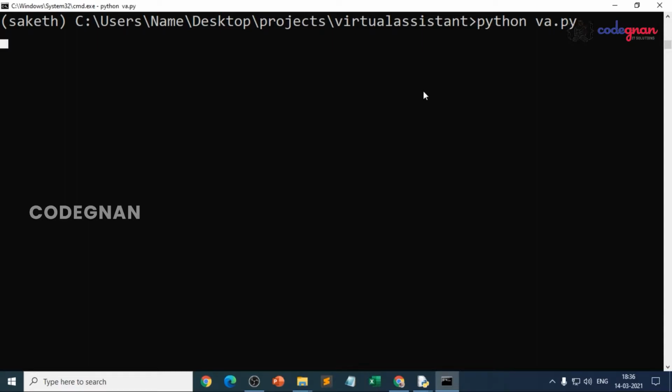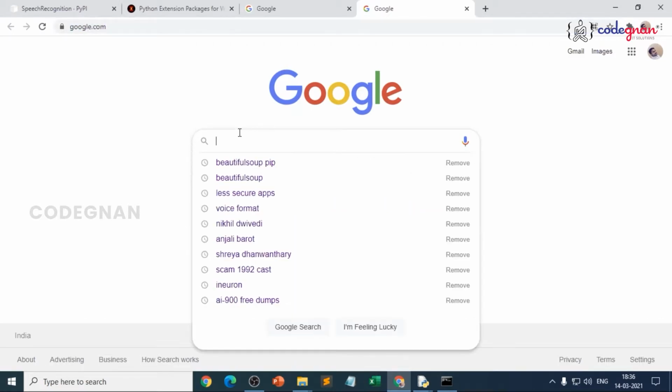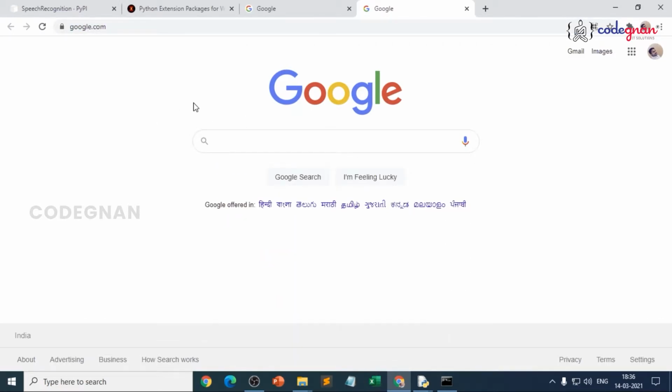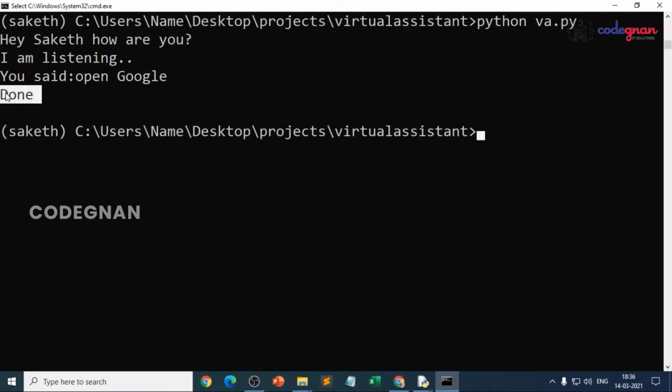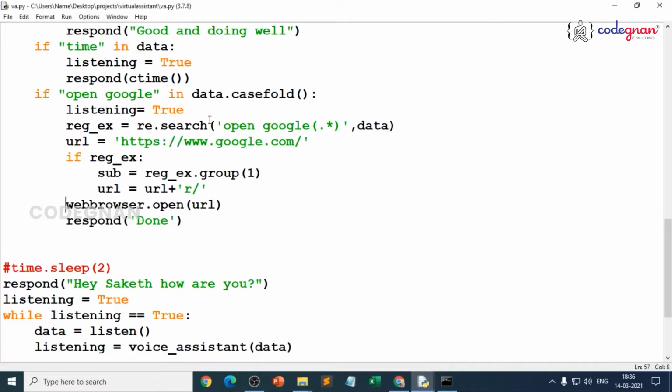Let's see that. Hey, Saket, open Google. There you go. See, automatically it gave you the web browser. Clearly, whatever we searched for, you can see it has automatically given you the web browser. That is how open Google is clearly done. In the same way, it will be with your default web browser. You can just check this. Simple, we have given open Google, we gave it dot search, we are telling the specific URL to be enabled. So this is the simple function.